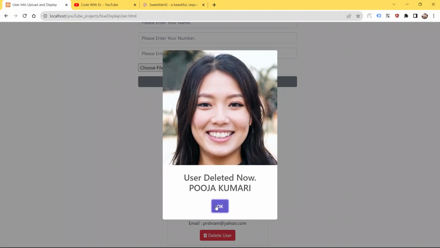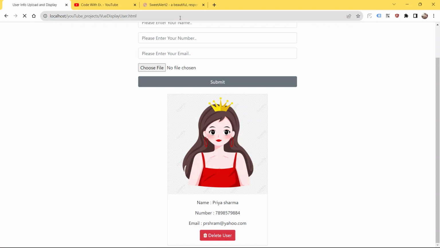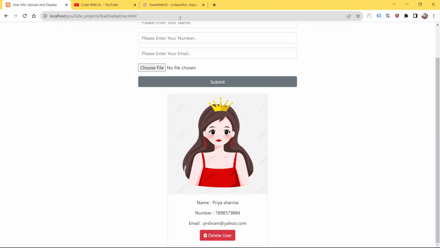So click the button OK, because we can't revert it back, we can't bring the user back. Once we have deleted the user from our database, we can't bring it back. So hit the button OK. Now refresh the page guys. See, boom, we have still one user. We have deleted the second user also.